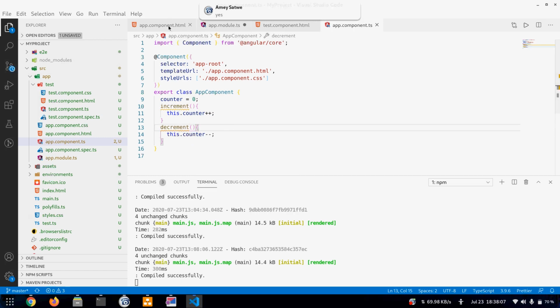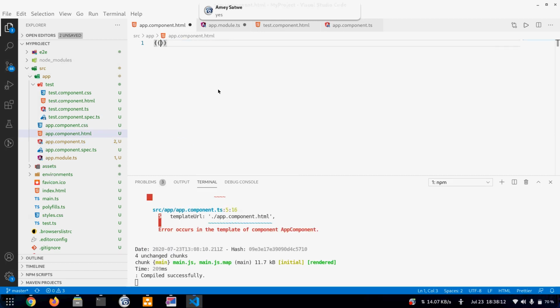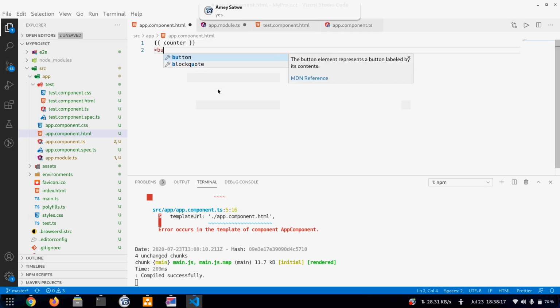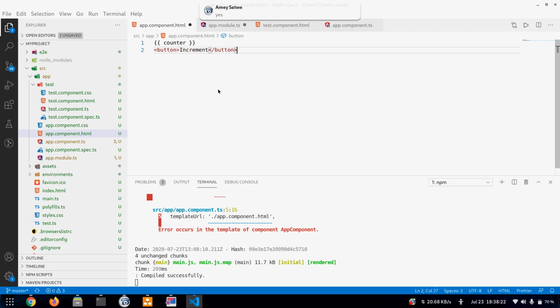Now we have to change the component file. First I'll display the counter here using string interpolation. Then I'll add two buttons. And I'll add the click listener to call increment, and here this will call decrement.